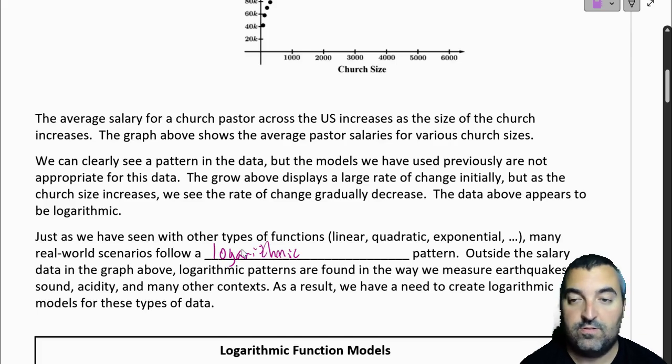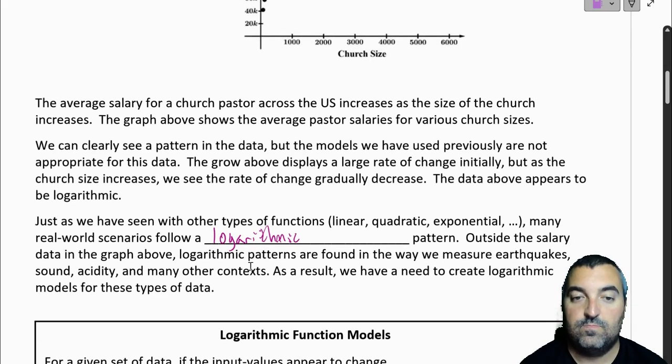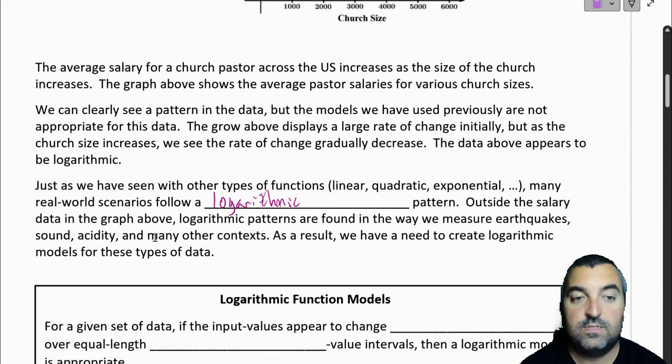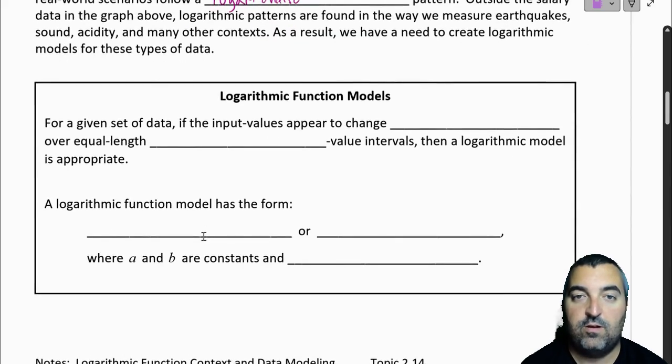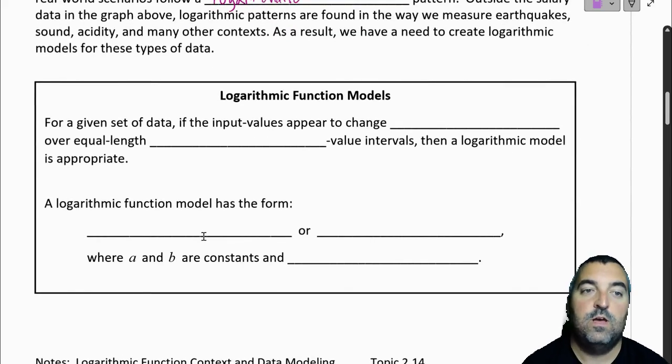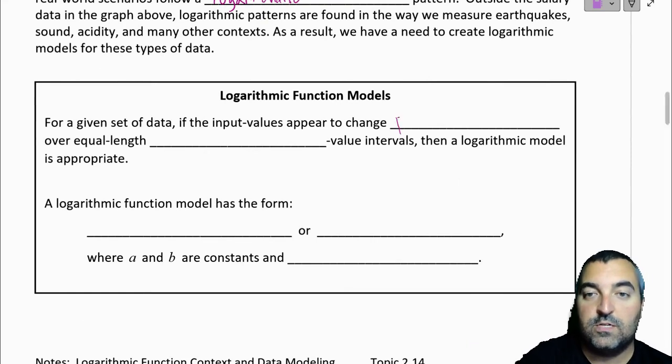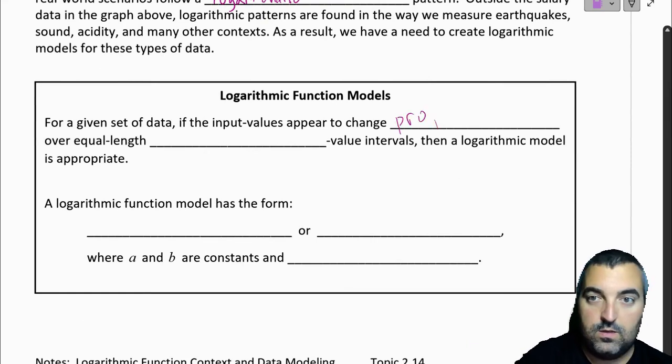So just like other things, we will have logarithmic patterns. Some of the things that we use logarithmic models for are earthquakes, sound, acidity, and other contexts. So let's talk about logarithmic function models. For a given set of data, if the input values appear to change proportionally